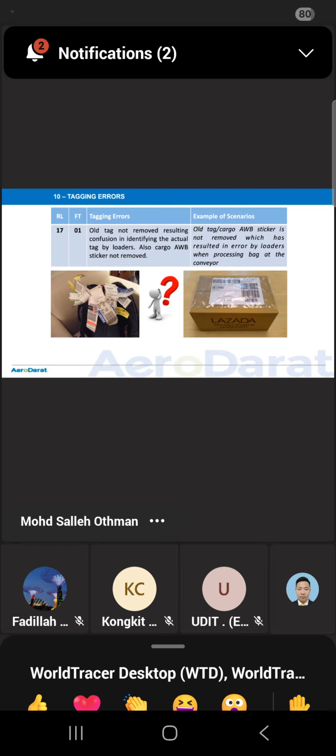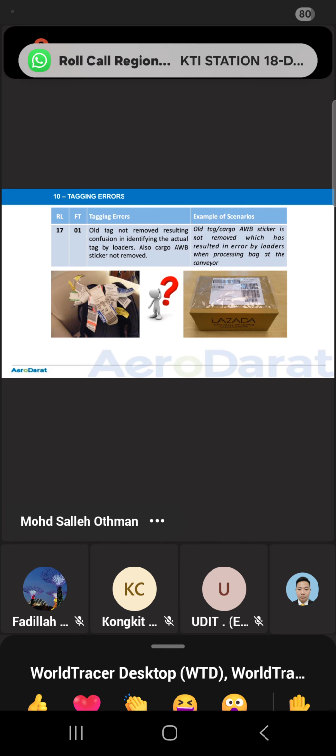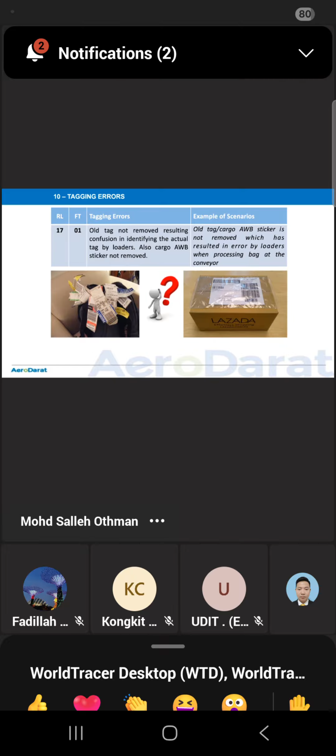Sometimes, when they use an old box or whatever, the old tag is not removed. For example, you can see a lot of tags. You don't know where the passenger is going. Or the old AWB. So check-in counter, make sure all the old tags have been removed, and that on the box or the back there is no AWB number, because the passenger is taking a normal bag. Like Shopee, Lazada, everything. This barcode has to be removed.